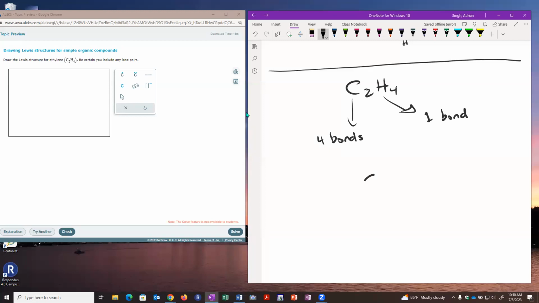So if I have 2 carbons, I'm going to connect those in the middle, and then I have 4 H's. So let's think about where those H's can go. The H's cannot go in the middle. They're going to have to go on the outside. And that means we can attach them like this. So if we look now, we can see that our hydrogens each have their 1 bond. This carbon here on the left has 1, 2, 3. The carbon on the right has 1, 2, 3. So each of them needs an additional bond, and we can solve that problem by introducing a double bond between